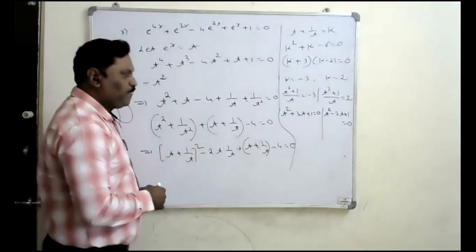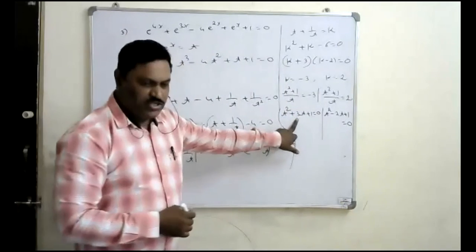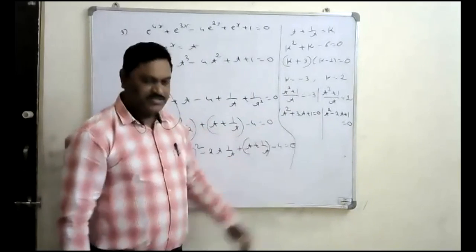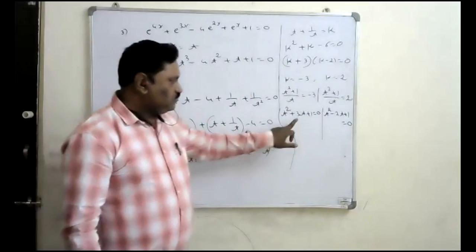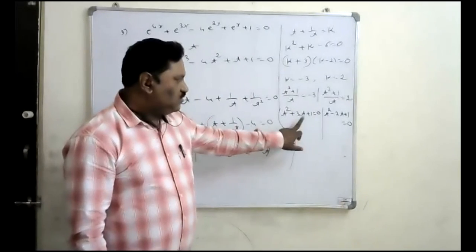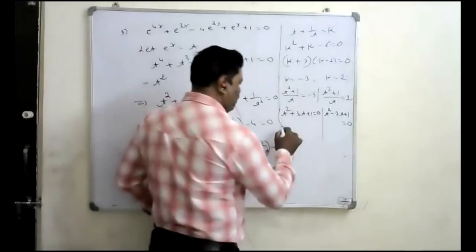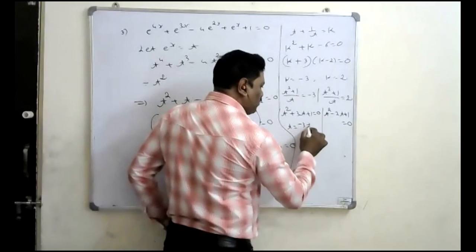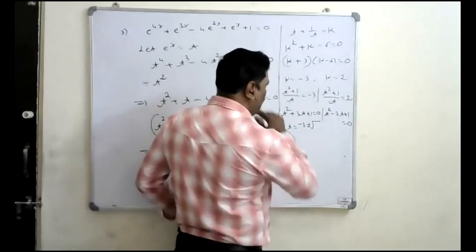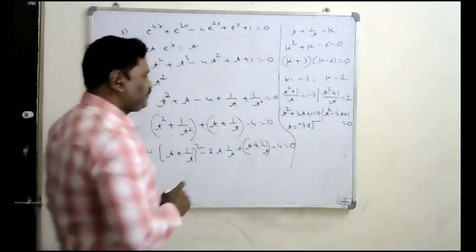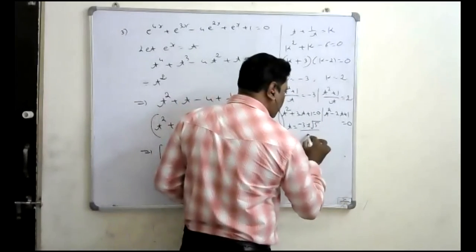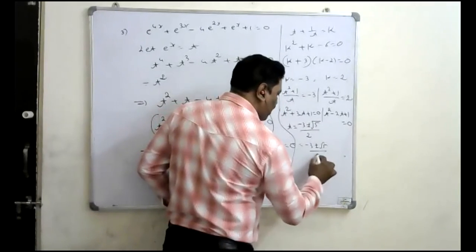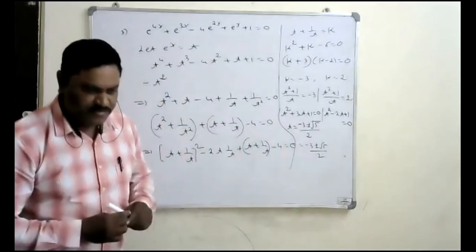So what are the roots of this? Here for the first equation, what is the value of b square minus 4ac? B means 3, so b square is 9, 9 minus 4, that is 5. Okay, it will have two roots. So t is equal to minus b plus or minus root of b square minus 4ac by 2a. So this is minus 3 plus or minus root 5 by 2. We got it, right? But which one do you have to take? Because